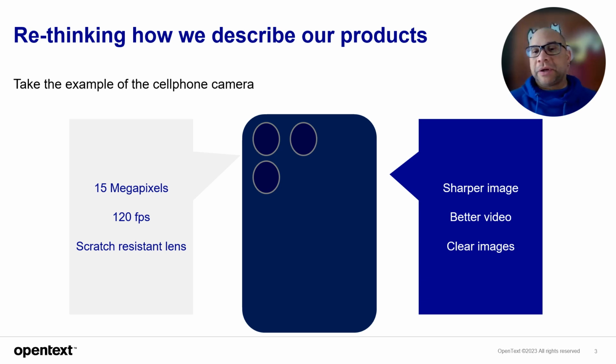And then the market kind of flattened and everybody had 15 megapixels. So what do you talk about? Maybe it's a software inside where you're talking about the sharper image, better video, clearer images. And this went on for a little while where everybody was clear. Everybody always had a clearer image than their competitors. And then we got into,